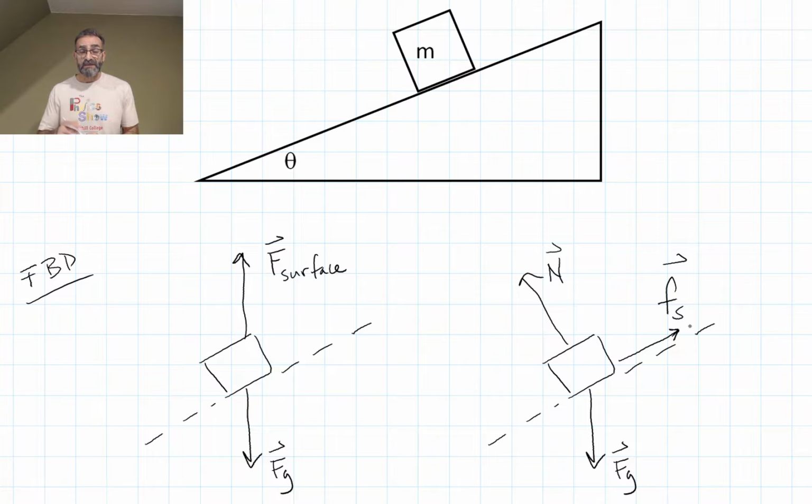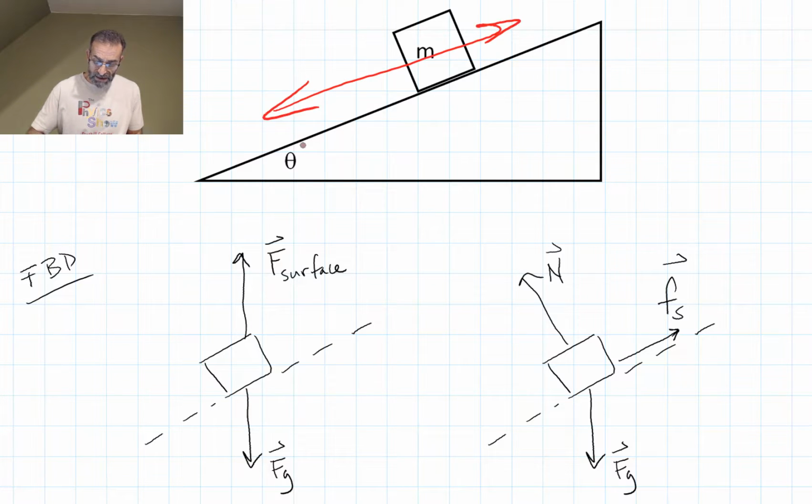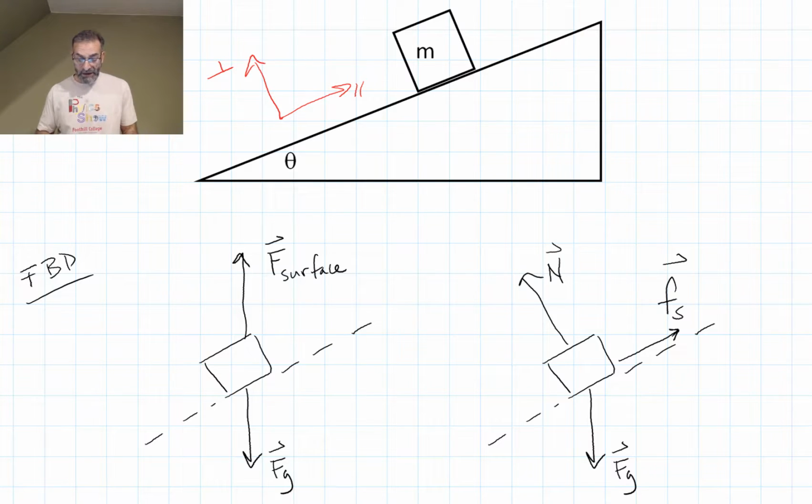Usually I want to pick the direction of my acceleration to be one of my directions. This box isn't going anywhere, but if it was to move, how would it move? It would probably move along the surface of the incline, up or down. So I would pick my coordinate system to match that. We could call this one direction and perpendicular to it the other direction. You can call them x and y. You can call them parallel and perpendicular, parallel to the acceleration if there is some, and perpendicular to the acceleration,